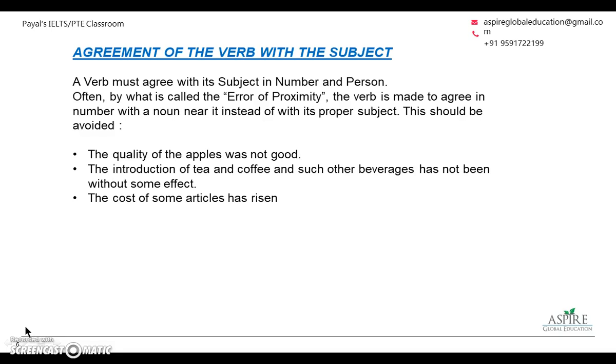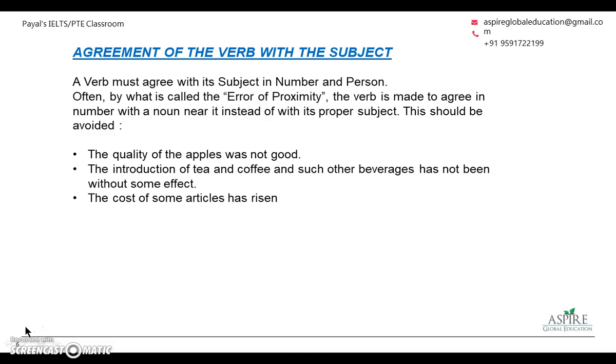We have already studied that in the previous lessons. Bird eats, birds eat. So that's how it goes. But there are a few exceptions also. And sometimes there is more than one subject in the sentence, and one subject is singular, the other is plural. So it's difficult to find out what should be my verb.